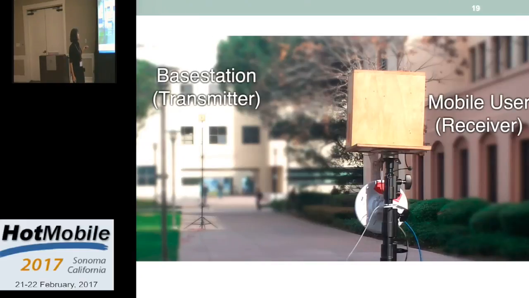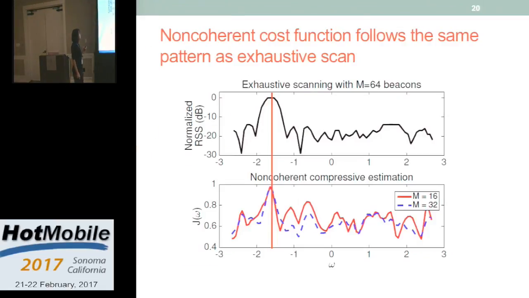This is the base station, which is higher, and this is emulating the mobile user. We captured the channel with exhaustive scanning, and this is the result for that with 64 beacons. And then this is the cost function of our proposed approach with 16 and 32 beacons. You see that the dominant path is exactly recovered.